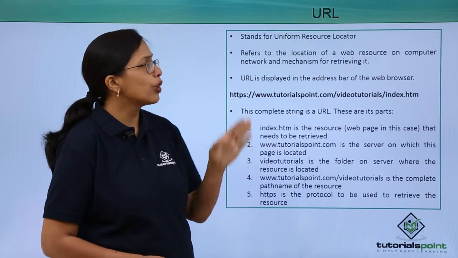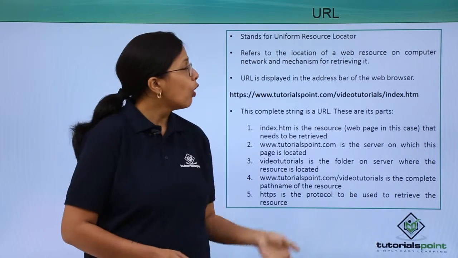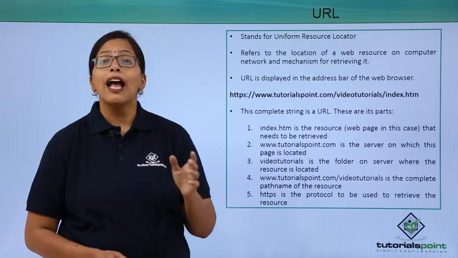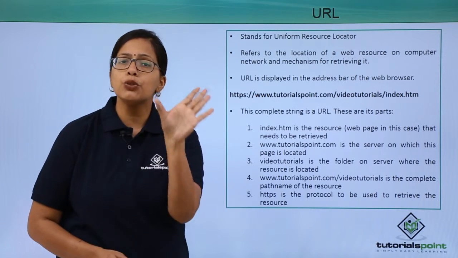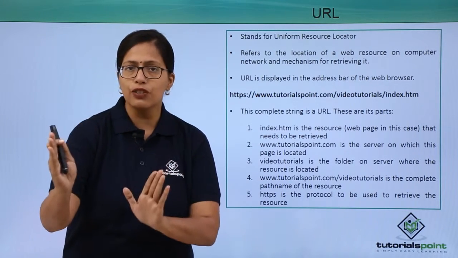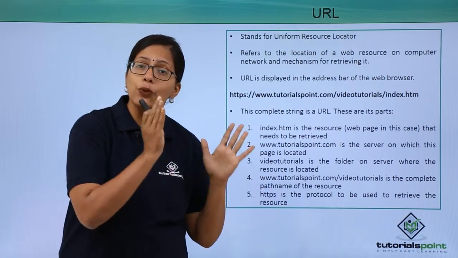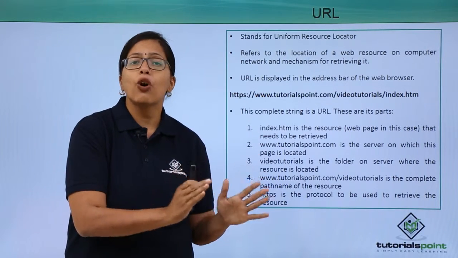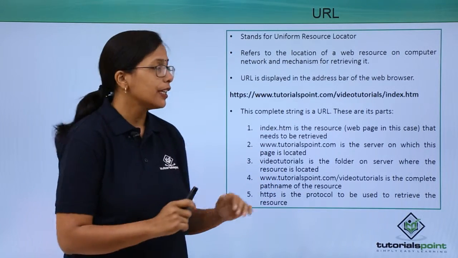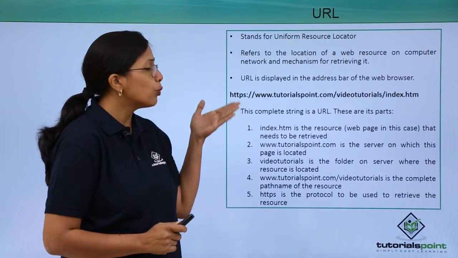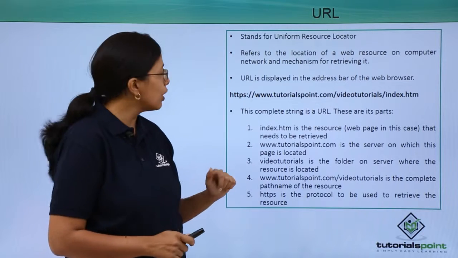It refers to the location of a web resource on a computer network and the mechanism for retrieving it. That means the URL will have the address of the resource, as well as tell the server or the web browser how that communication has to take place. Let's take an example. The website or the web page that we saw initially,